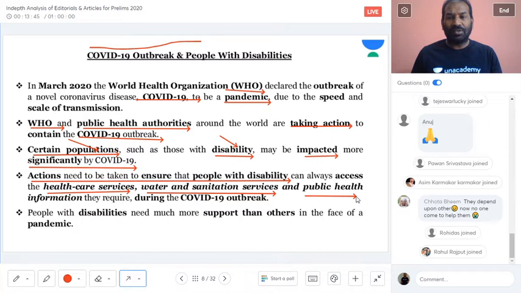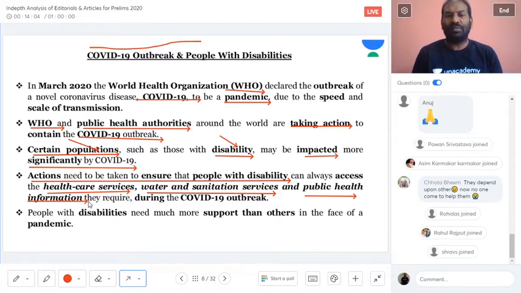When we talk about public health, it is in regards to public health information. Because of the outbreak of COVID-19, the actions we need to take individually and as a government are to ensure that people with disabilities get the information on everything happening regarding COVID-19, the spread of the virus, the infection, and the measures to be taken. And not only that, they should also have access to healthcare services. That is important. Access to healthcare services and access to water and sanitation,